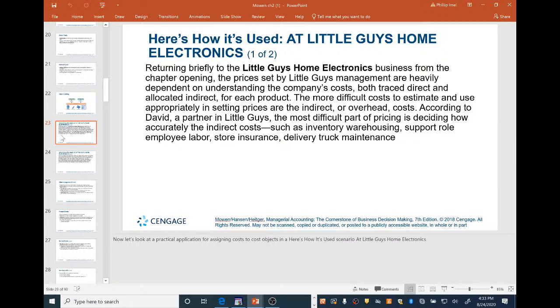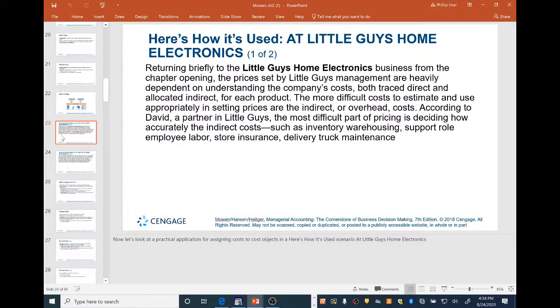Okay, so let's talk about how it's used at Little Guys Home Electronics. Returning briefly to the Little Guys Home Electronics business from the previous chapter, the prices set by Little Guys management are heavily dependent on understanding the company's costs, both traced direct and allocated indirect for each product. The more difficult costs to estimate and use appropriately in setting prices are the indirect or overhead costs. According to David, a partner in Little Guys, the most difficult part of pricing is deciding how to accurately